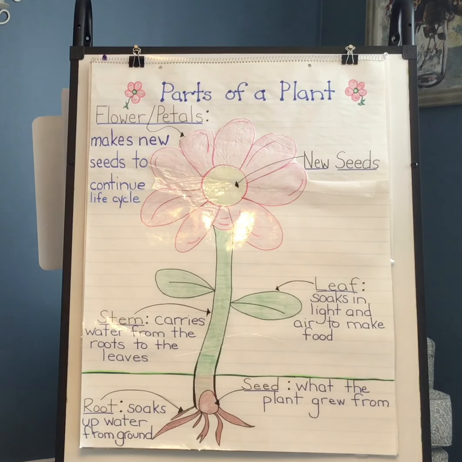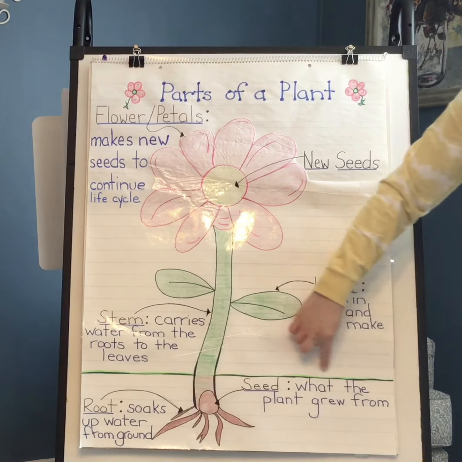And I know you've heard of that word before, seed, because we've talked about it with our apple life cycle. We've talked about it with our pumpkin life cycle as well. And we will talk about a plant life cycle in the next couple days as well. But let's start with what a seed actually does. So this seed is what the plant grows from. Without a seed, you can't have a plant. So the seed is what the plant grew from.